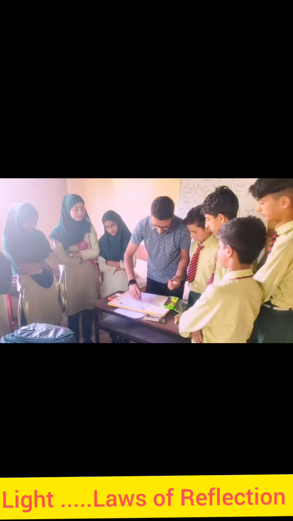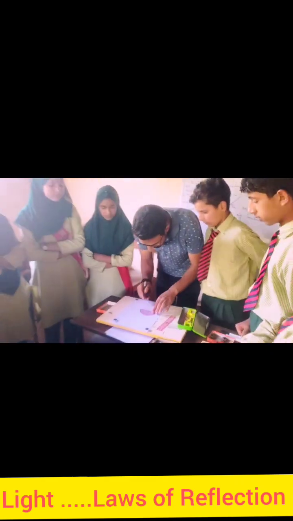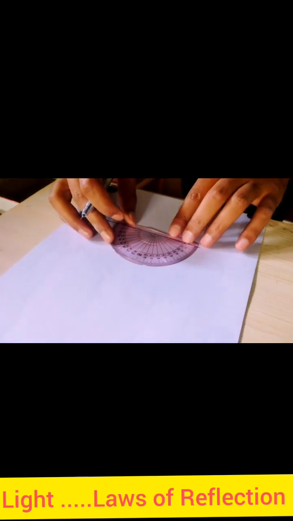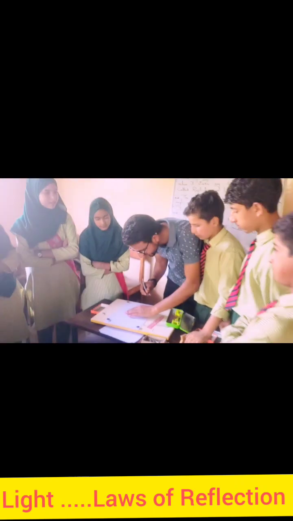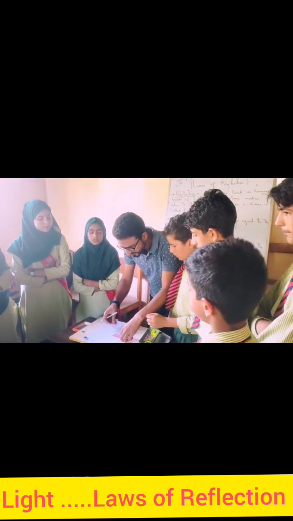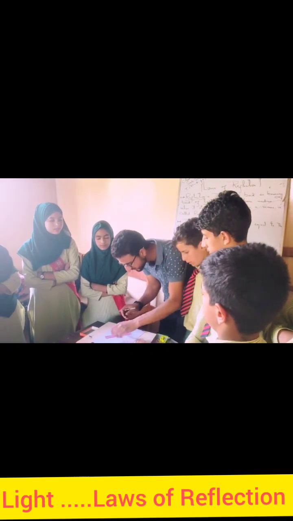On the straight line I will place a plane mirror strip. So this is a straight line. Okay, let me draw an angle of 45 degree here. So let me select this very point and let me draw an angle of 45 degrees. So here it is. So that angle of incidence is also equal to 45 degree. This is not the angle of incidence, but it is the angle which the incident ray makes with the normal.